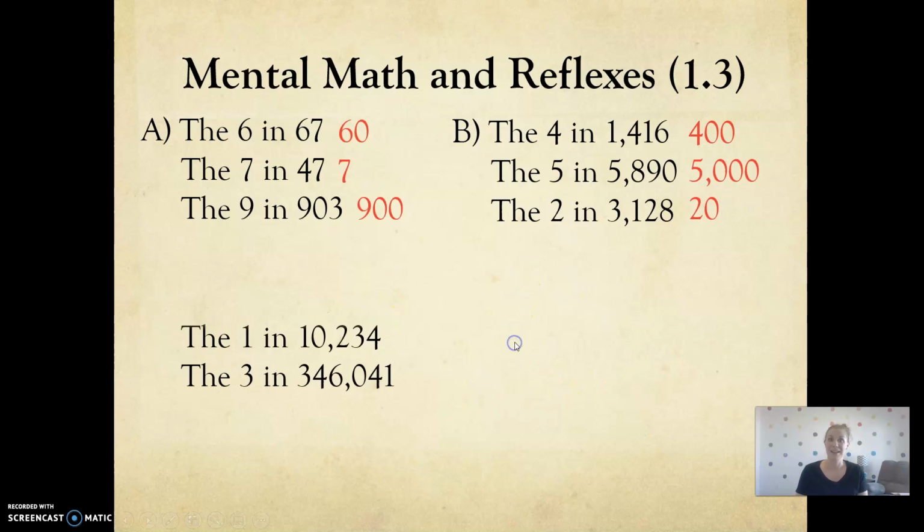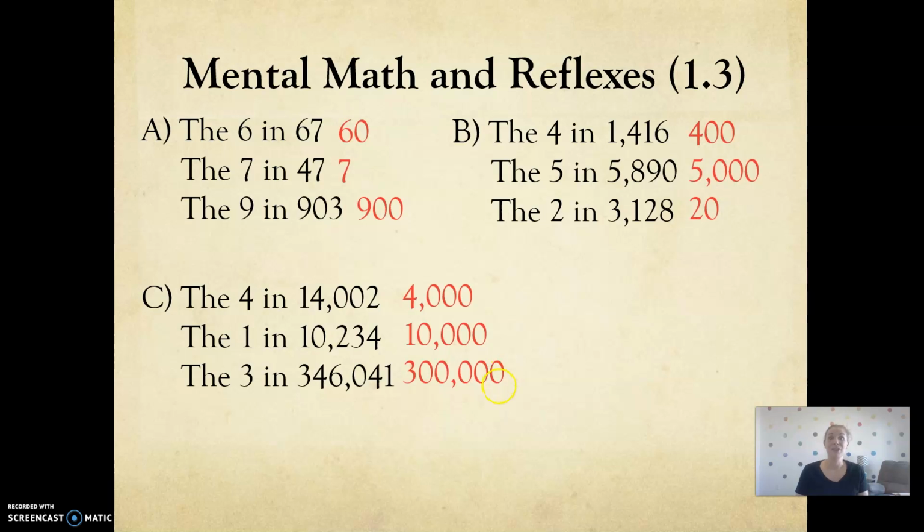All right, and the last one. C, the 4 in 14,000 is 4,000. It's in the thousands place. The 1 is 10,000, and the 3 is in the 300,000